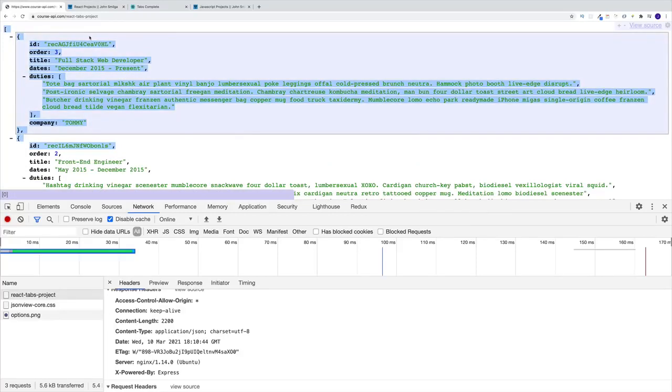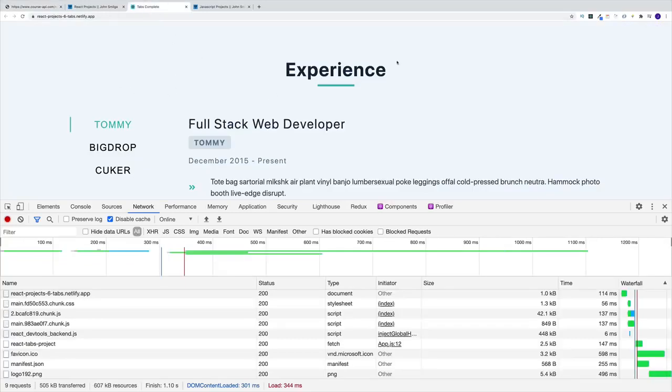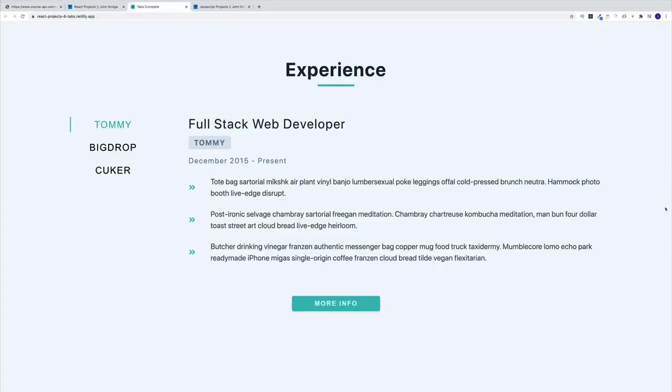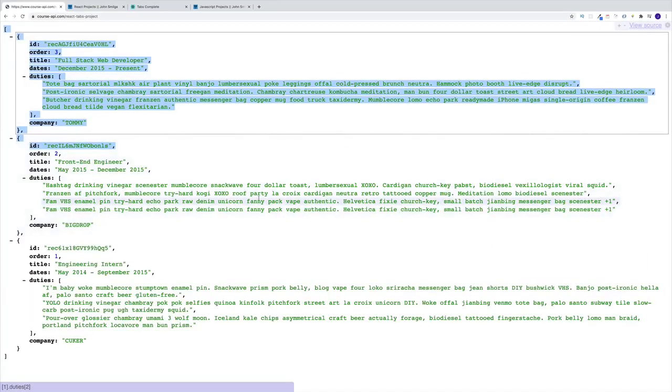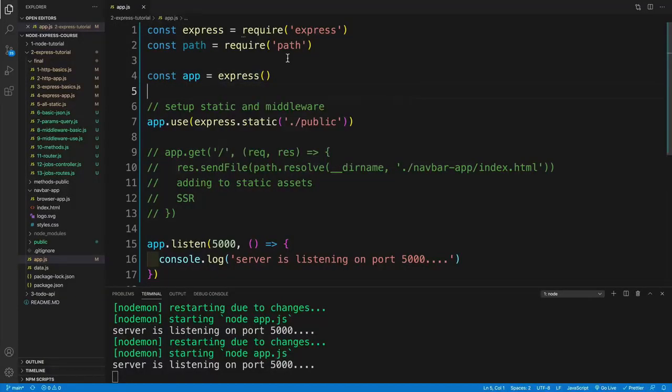From now on, we're going to be responsible for sending back the data. So now, since we're setting up the server, it's not going to be our responsibility to do something with it like we were doing on the front end. In this case, we are responsible for setting up the responses. So we're going to be setting up APIs that are